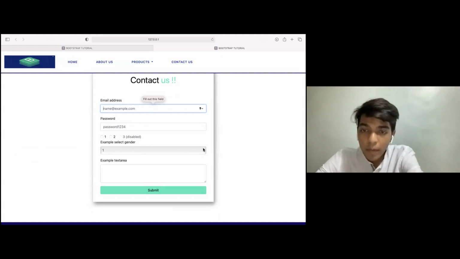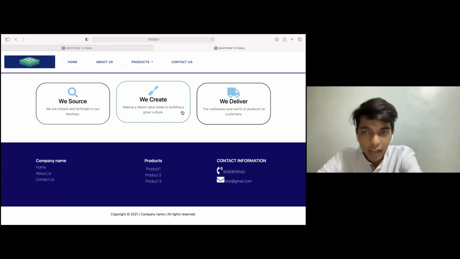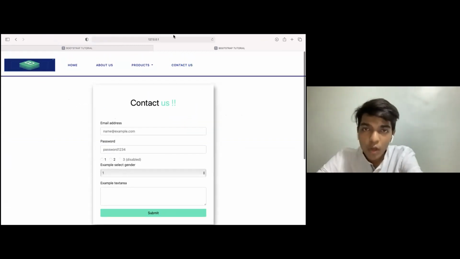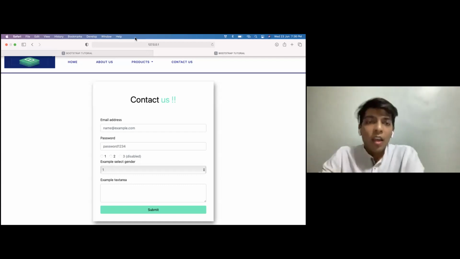So this is the basic idea of the form tag, and the basic idea of the grid system as well. I'll be sharing everything with you guys so that you can have a look at it and do the styling as you want. Attendance link has already been provided, so we can end the session. Thank you very much.